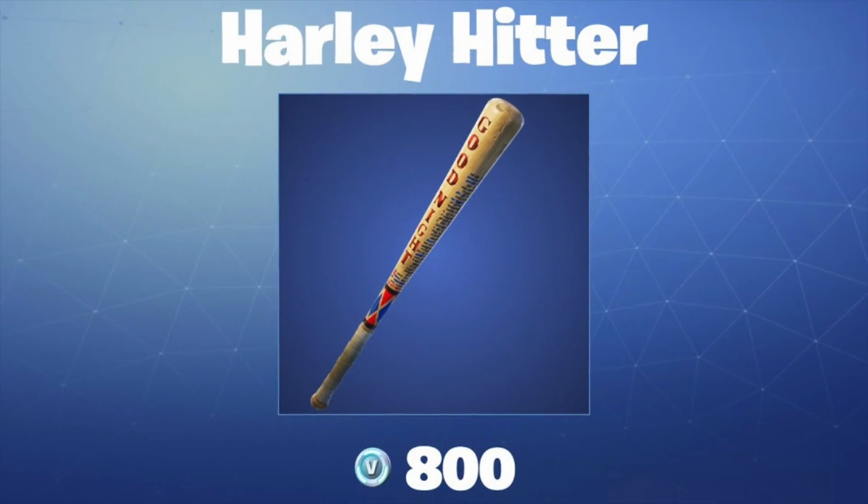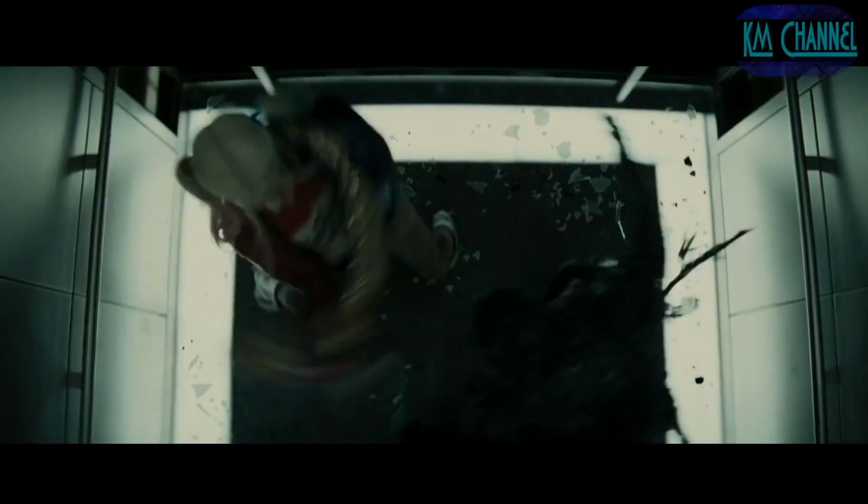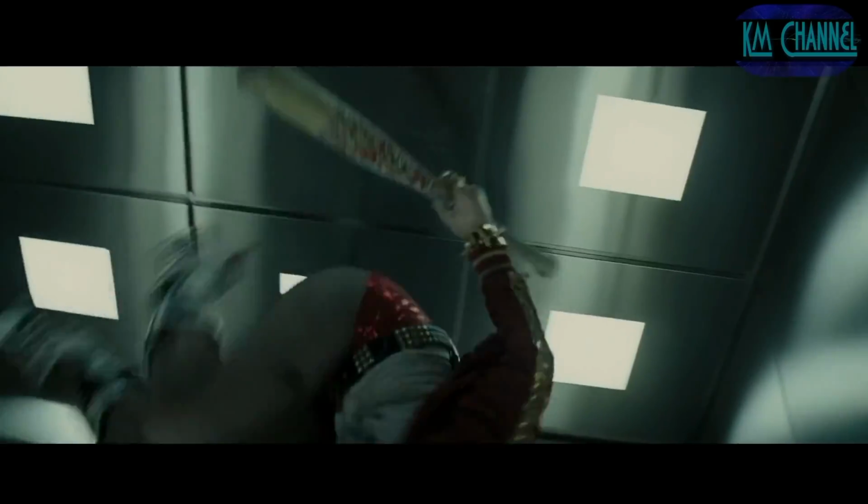So coming in at number 10, the Harley Hitter. The Harley Hitter is a pickaxe that Fortnite released on February 26, 2020 that is a part of the Gotham City set and came out with the Harley Quinn skin. You could have bought the Harley Hitter for only 800 V-Bucks, and we have this at number 10 because it's